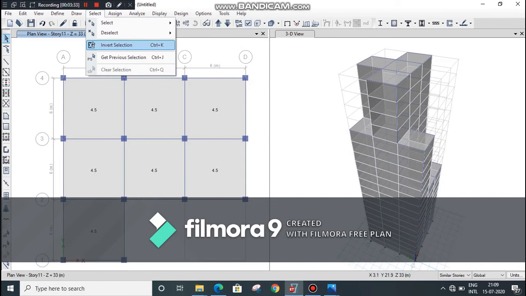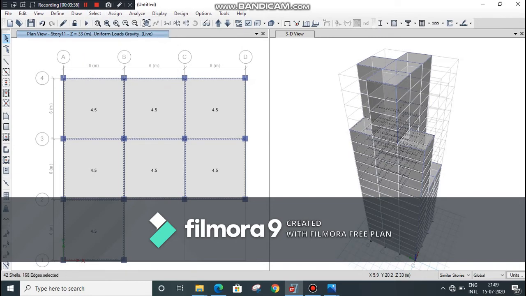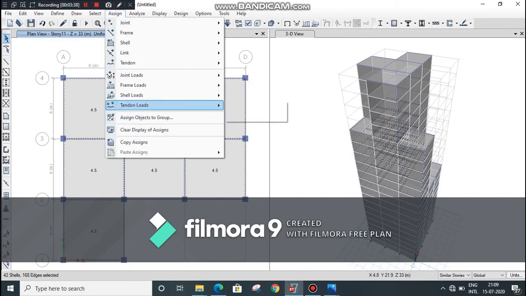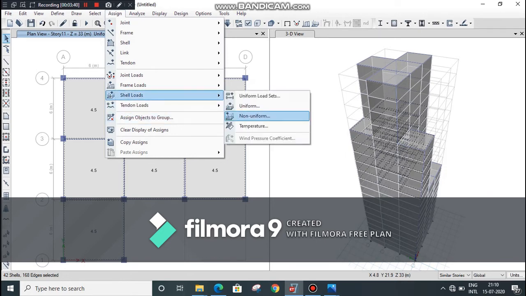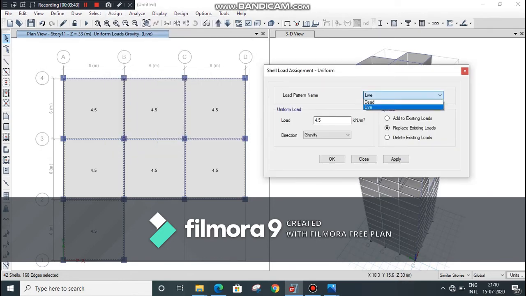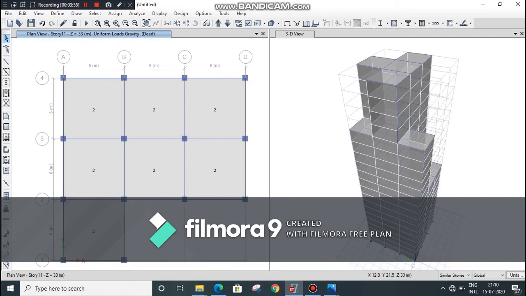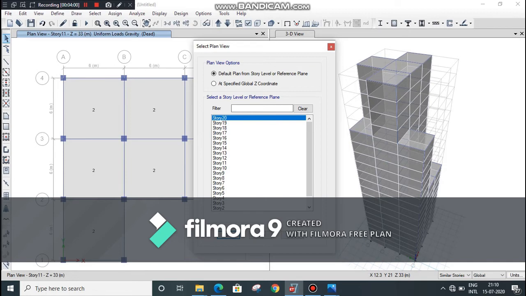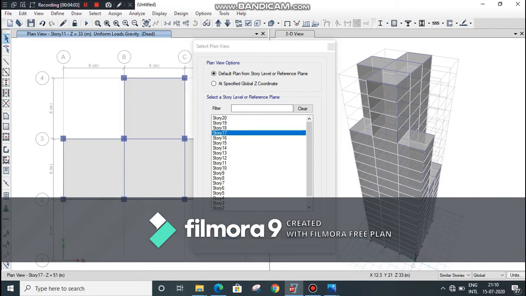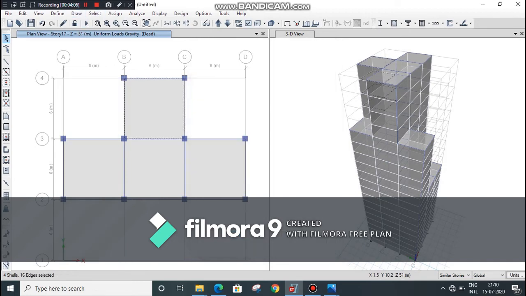Go to select menu, click on get previous selection. Go to assign menu and go to shell load as uniform, load pattern name as dead and load is 2 kilonewton. Click on apply and OK. Now go to plan view option and select story number 17. Click on OK. Select all the slabs from story 17 to 20